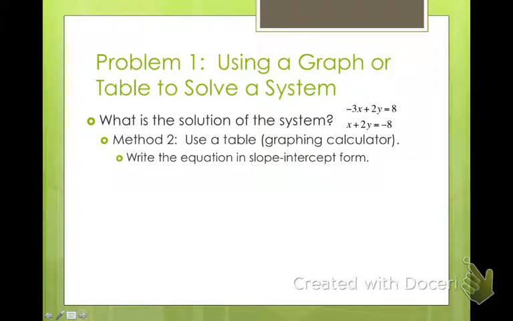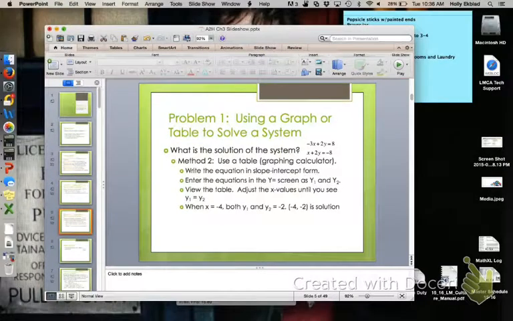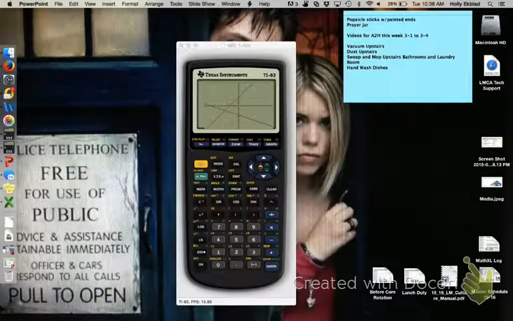So we can also use the table feature on our graphing calculator. So when you put those into your calculator in Y1 and Y2, then you go to view the table, and you just adjust the values until you can see where Y1 and Y2 are equal. Let me see if I can pull that up for you really quick, since I already did this. Let's see, go to,